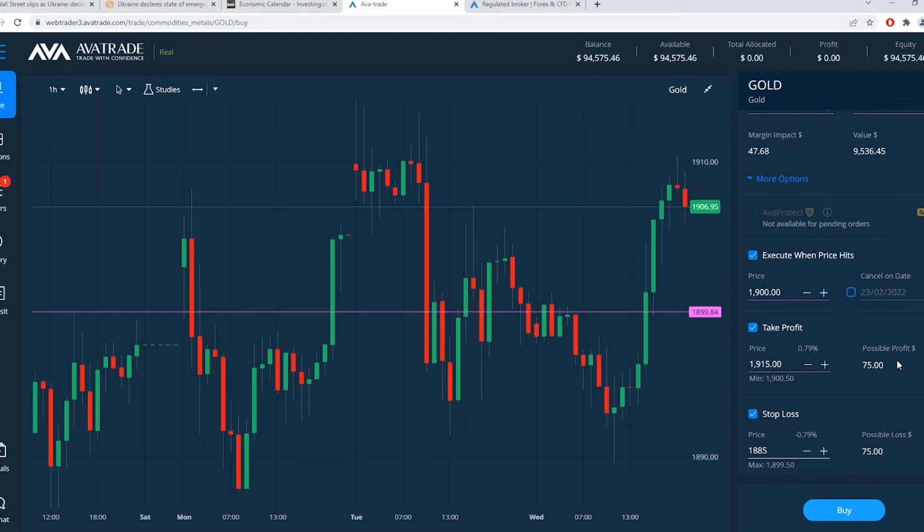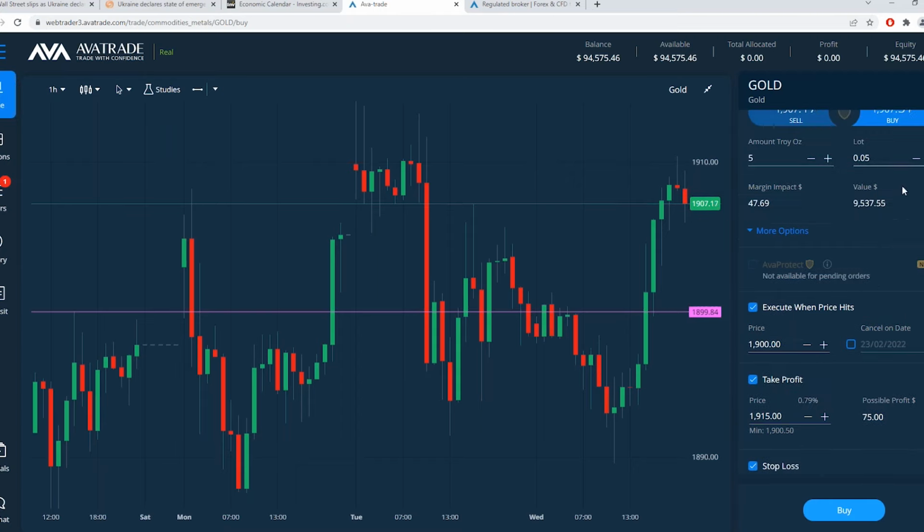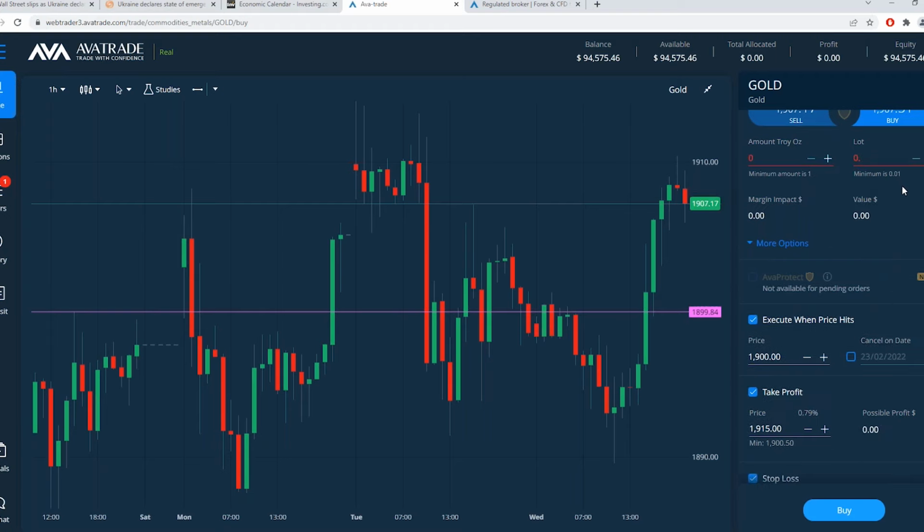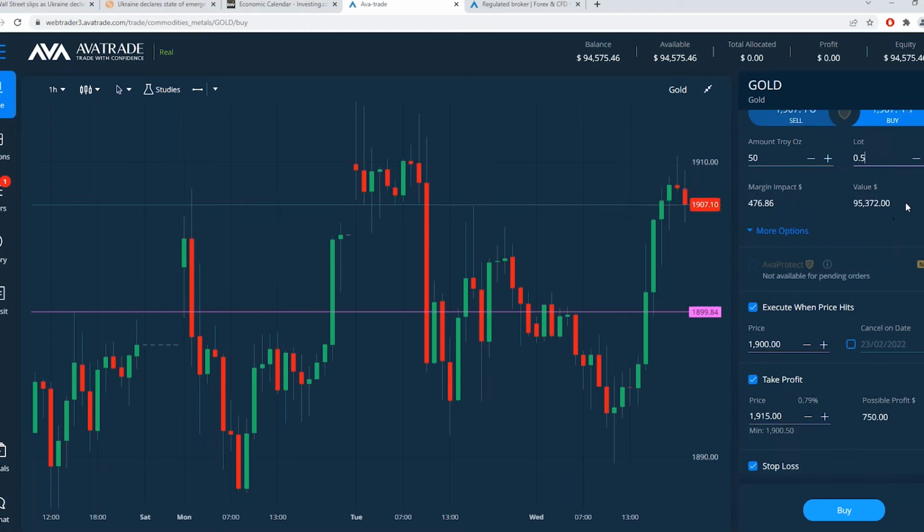So now you start to look and you say, in my example, I'm willing to risk, what was it in that last trade, 250, or whatever the amount you're willing to risk. Now you take the trade size based on your technical setup. You change the trade size to get the possible loss and possible profit you're looking for. So 0.5 lots gives me 750 possible loss, 0.4, 600, 0.25, 375. So you decide, what do I want for possible profit, possible loss?